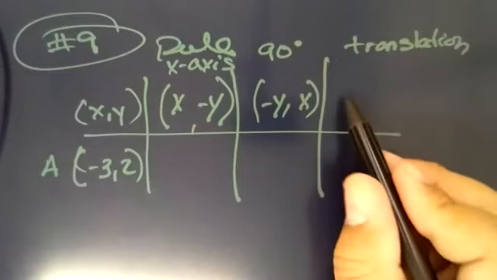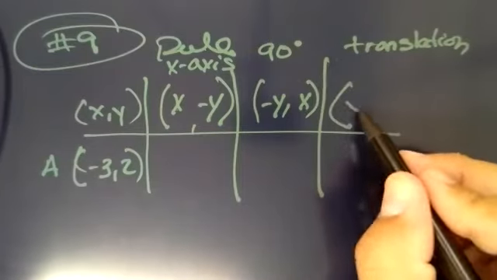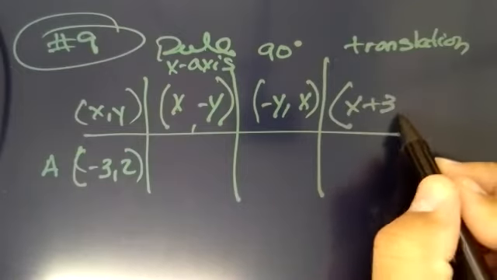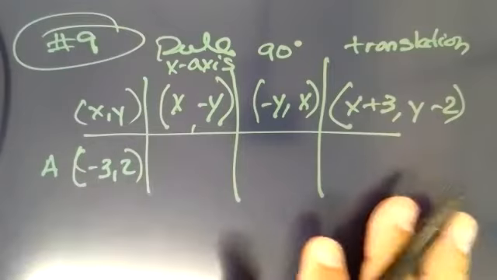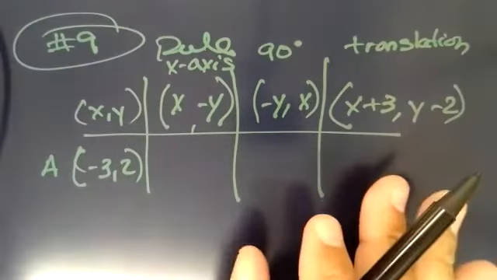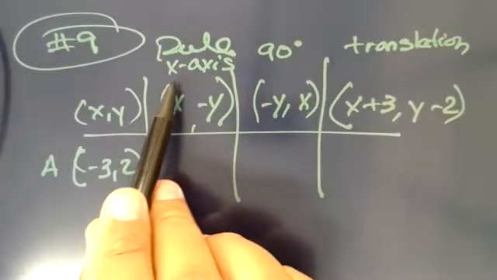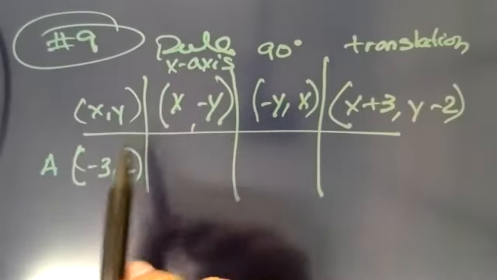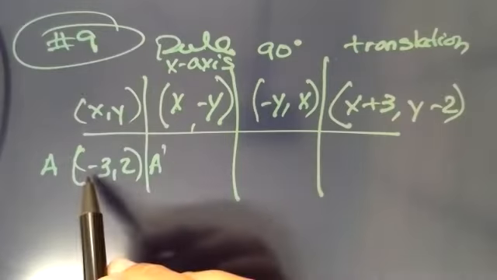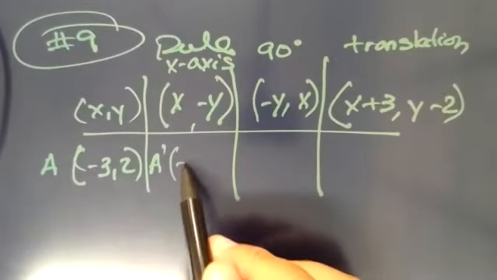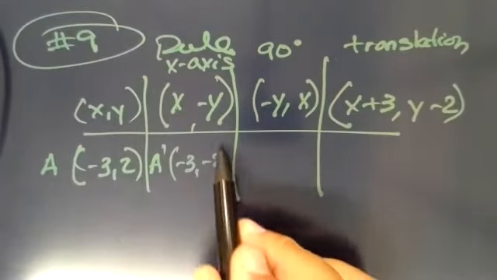And then the rule for the translation will be x plus 3 comma y minus 2. So I like to do this chart to organize my work. So according to this, if it's a reflection over the x-axis, I'll go ahead and do this. This will be A prime, which will be -3, -2,